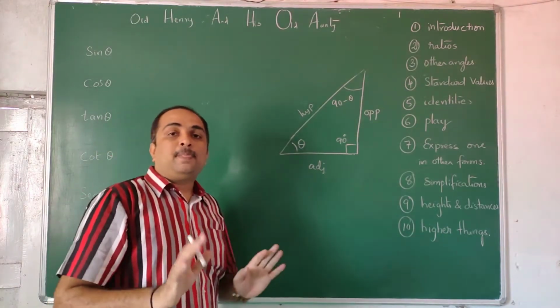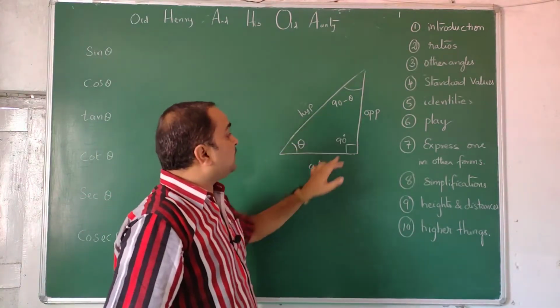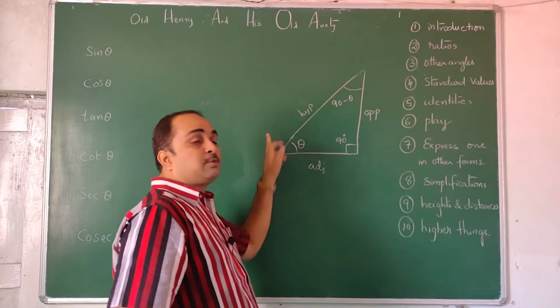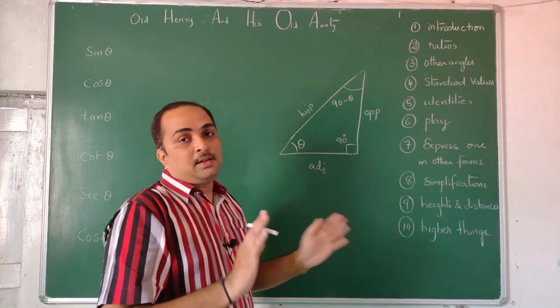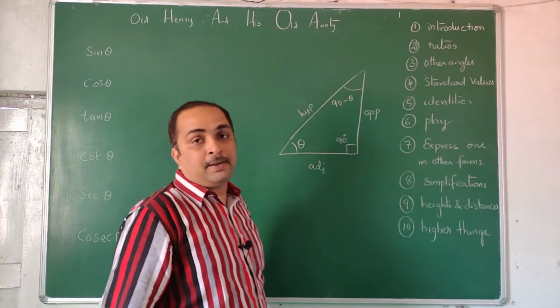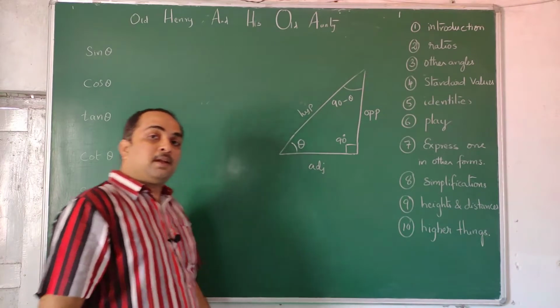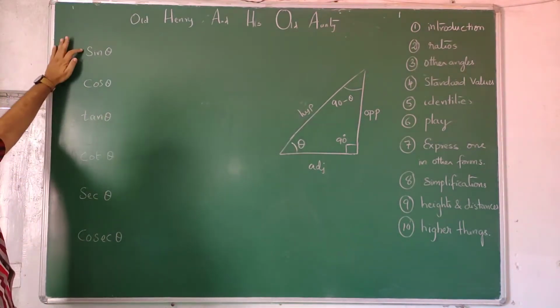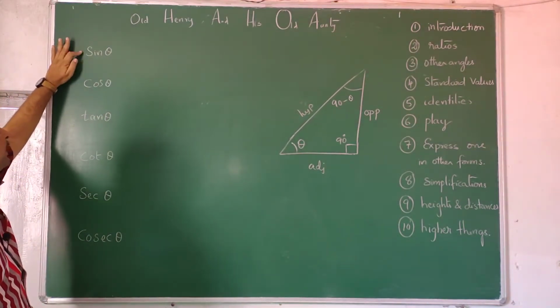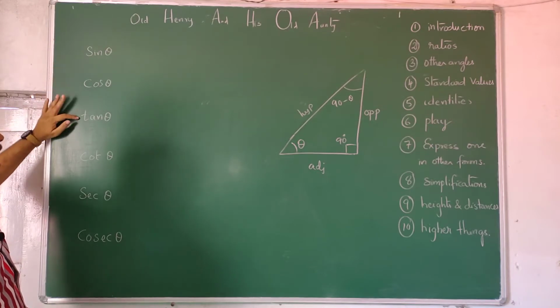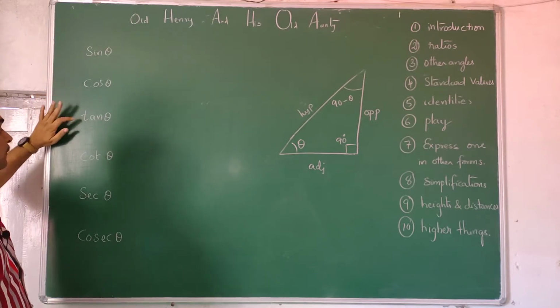In trigonometry, you will have 6 ratios because we have 3 sides. This by this, this by this, and so on, so total 6 possibilities. All of them are defined. Please try to follow one order which my school teacher has told, so everyone follows that. Sine, S-I-N-E, but we write S-I-N. Cosine, but we call it cos. Tan, tangent, we write tan.